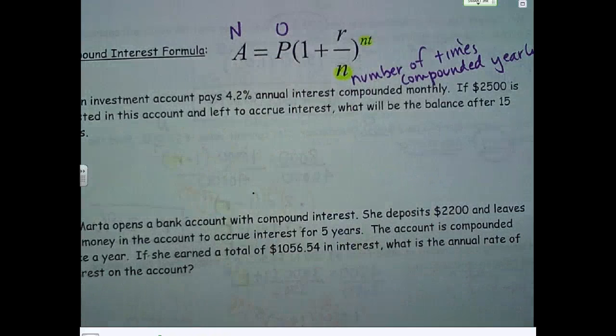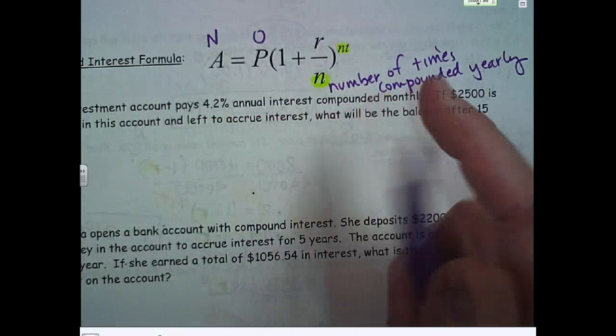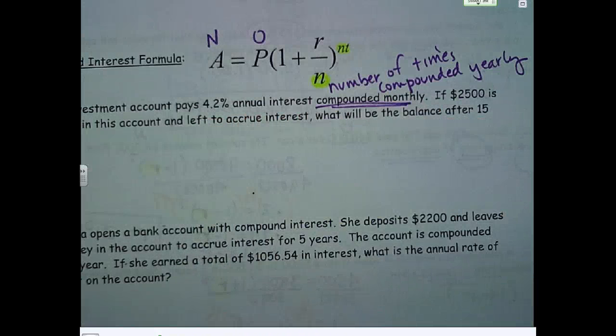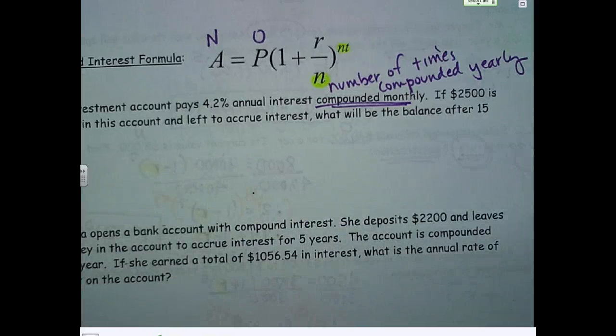It's always new, original, 1 plus, 1 minus. All right, so let's try. An investment account pays 4.2 annual interest compounded monthly. So what are we going to use for n? 12. If $2,500 is in the account and is left to accrue interest, what will be the balance after 15 years? Okay, so if you try that,